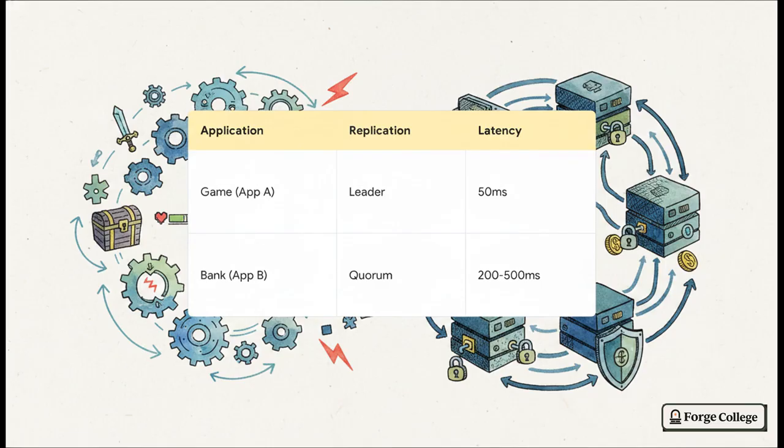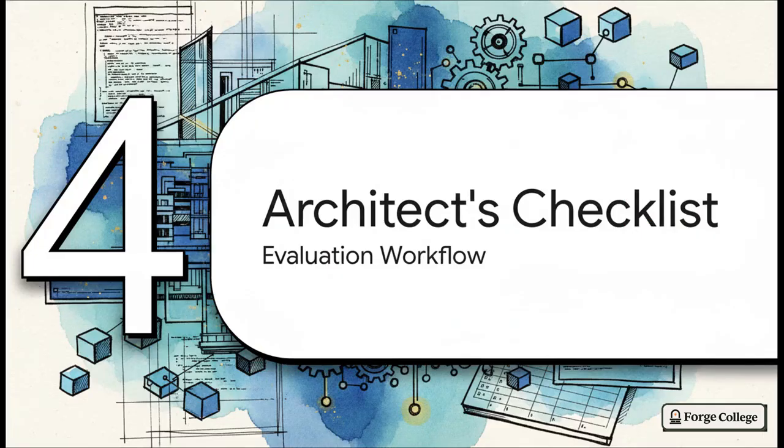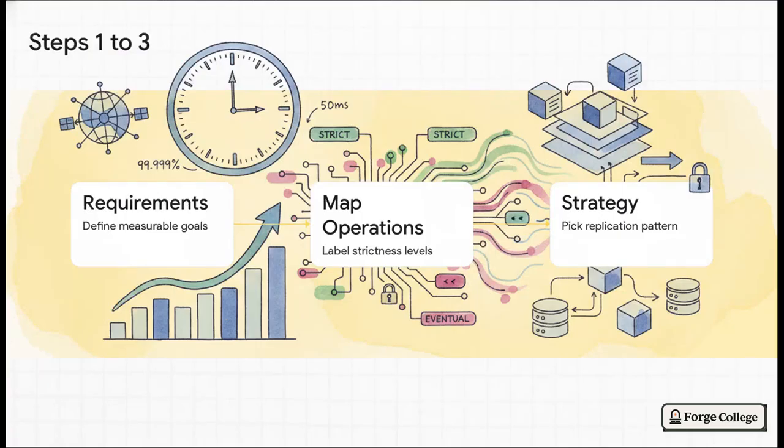As you continue your journey through Forge College, realizing that there are no perfect solutions, only intentional trade-offs, well, that's exactly what transforms you into a top-tier architect. Okay, let's jump into Section 4, the Architect's Checklist. This is your 7-step evaluation workflow. Since you're going to be evaluating ledgers in other Forge College programs, we really want to hand you a professional